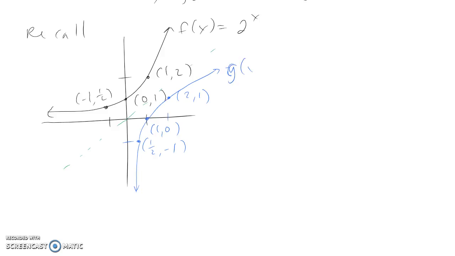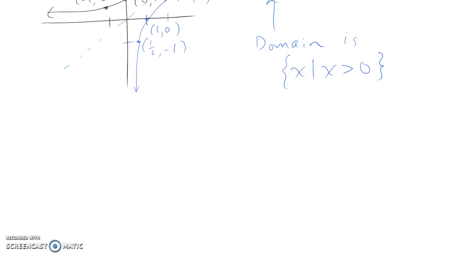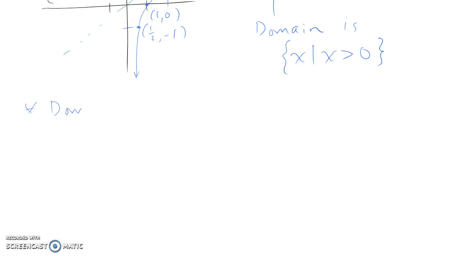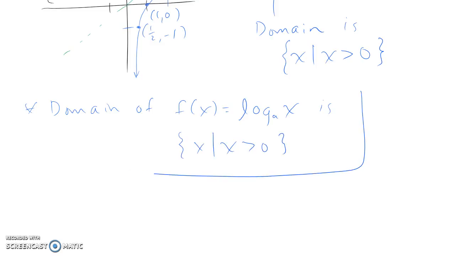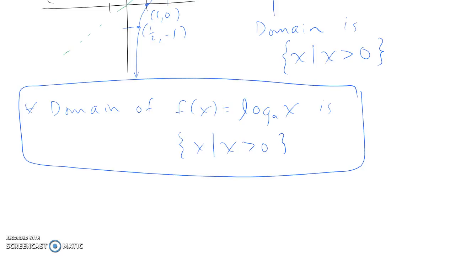I'll call this g of x equals log base 2 of x. Notice that the domain here, because we have the y-axis being a vertical asymptote, is all x such that x is greater than 0. So this is a really important thing. The domain of the logarithm function with any base is all x such that x is greater than 0. So it turns out that you cannot plug a 0